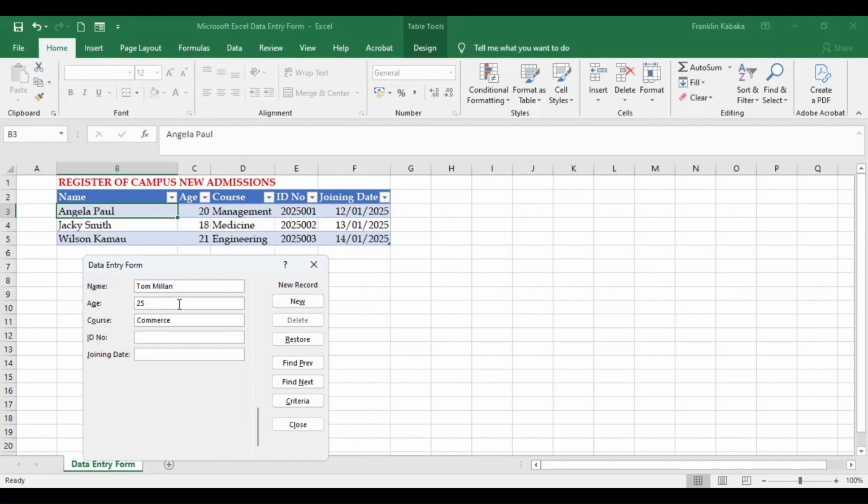And his ID is 2025-004. The joining date is 15th January 2025. We are done with the Tom Milan's entry. And as you can see, another advantage of this form is that when you key in your information,